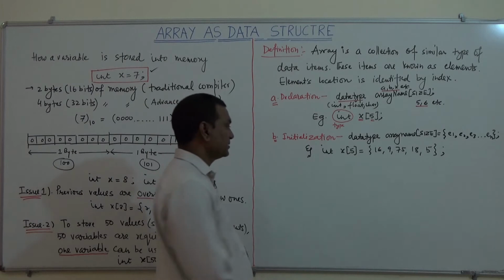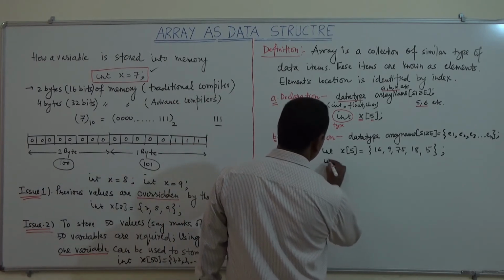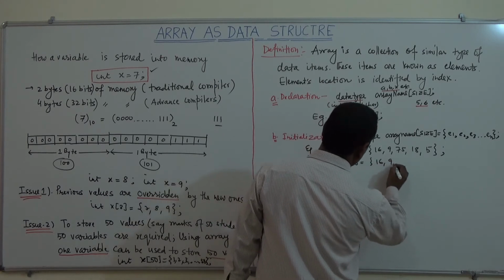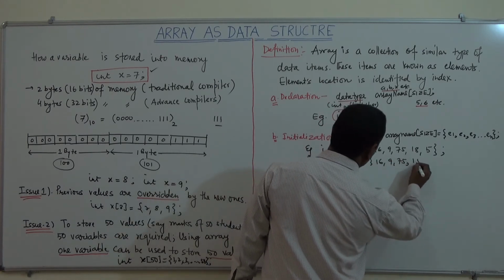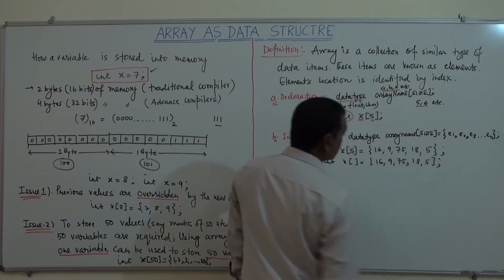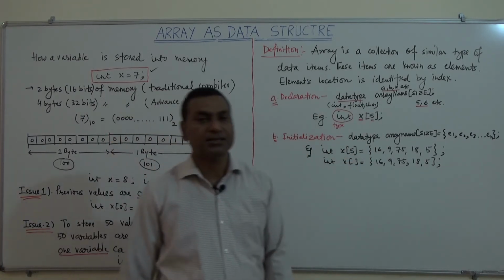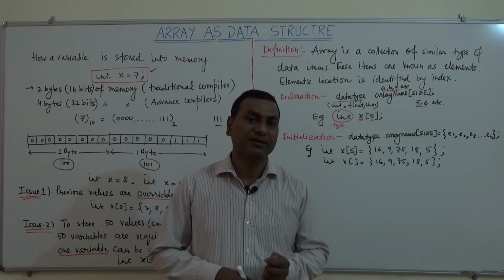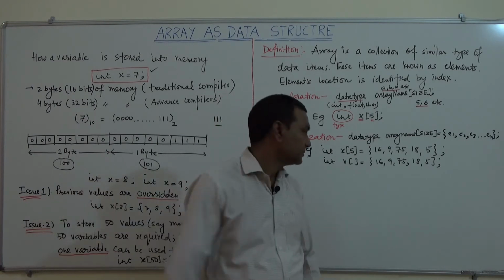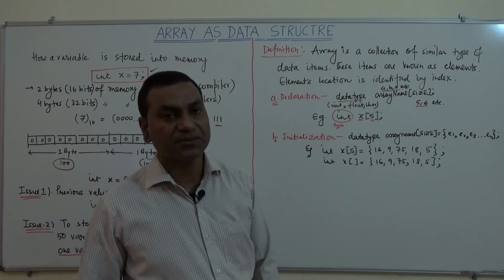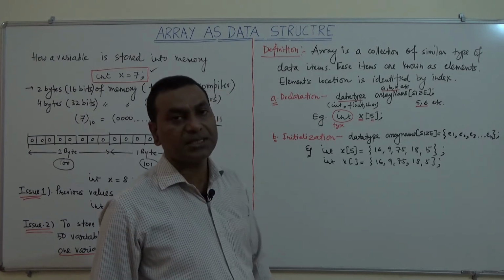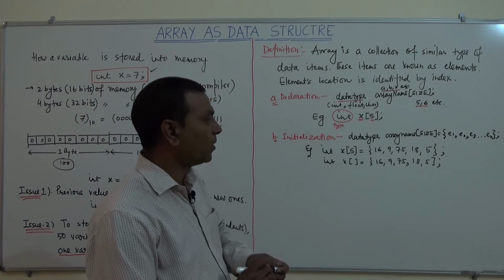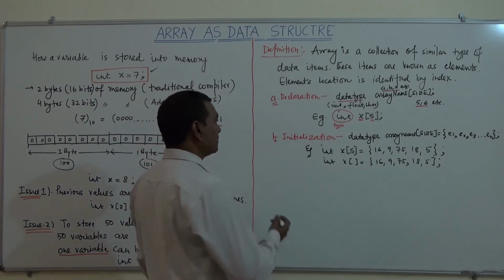We can also write it in this way. There are so many ways by which we can write. Here we are storing 5 elements. Here we are taking the syntax of C language, but this syntax may differ from language to language. So here normally we are using all these things using the C. So this is the second part, that is initialization. Now how we can access the element of an array.